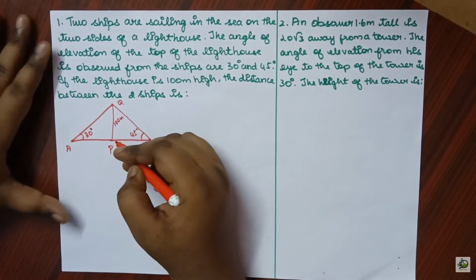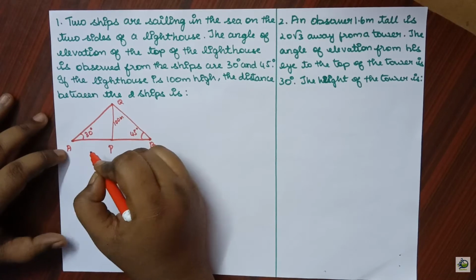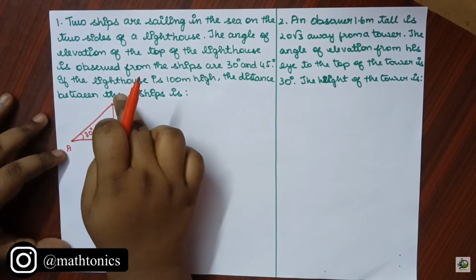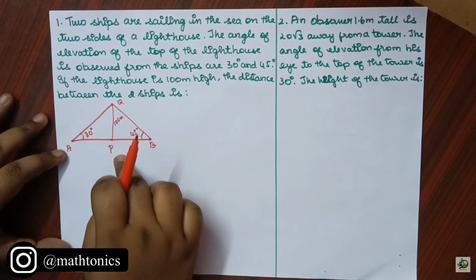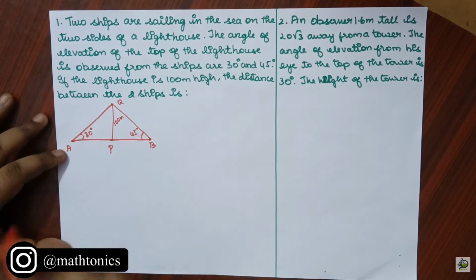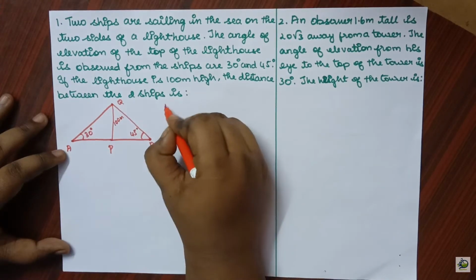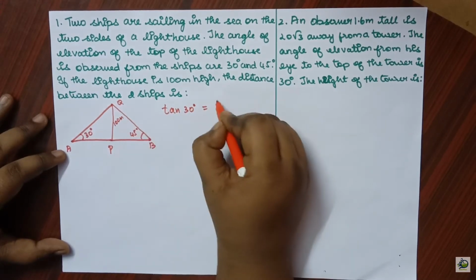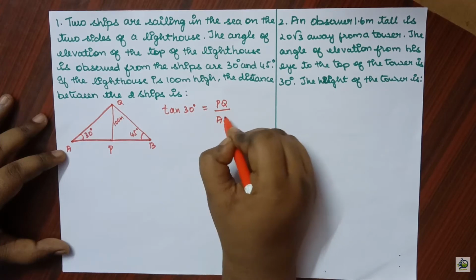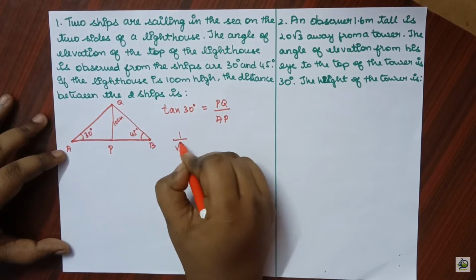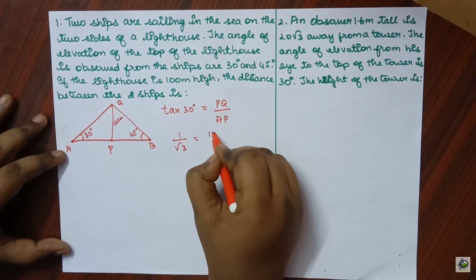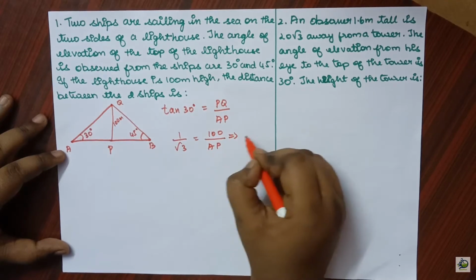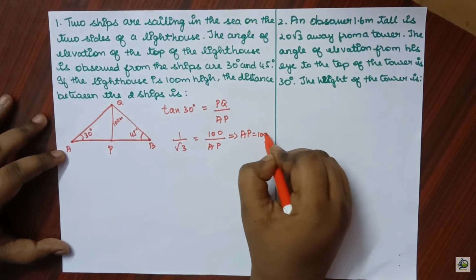Okay, let's start. Here you can see that the angle is 30 degrees and we are in need of this distance AP. So I have to use the sides PQ and AP, that is opposite and adjacent. So I will obviously go to the formula tan. Tan 30 is nothing but opposite by adjacent. So opposite is PQ and the adjacent is AP. Tan 30 is 1 by root 3 and PQ is 100, it is given. AP we don't know. So here you can cross multiply this. So AP is nothing but 100 root 3.